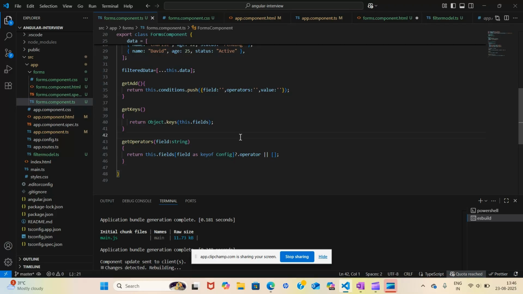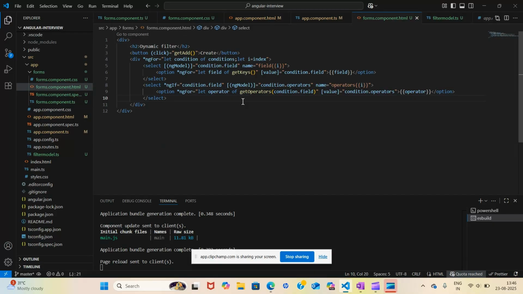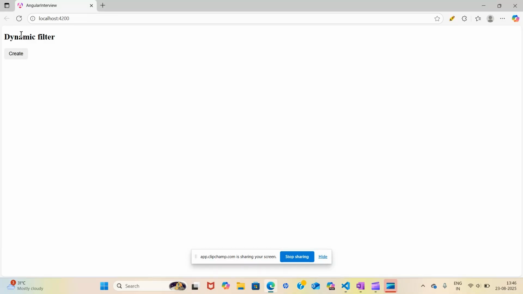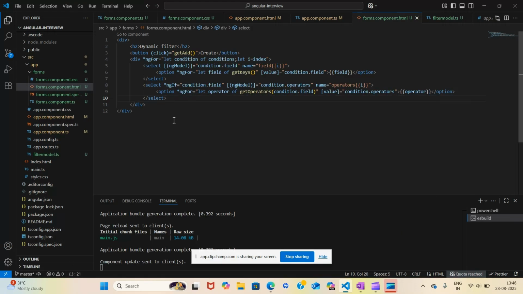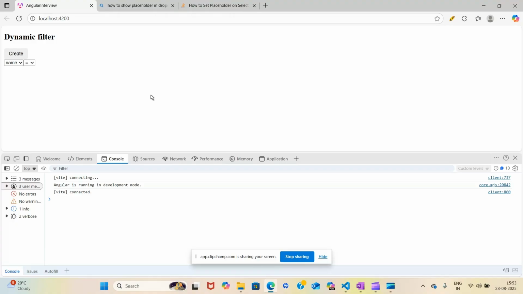Okay, so now let's see whether this part is also created or not. So if I click on create, I have selected name, age, status. Okay, so multiple are coming, but why is it not rendering conditionally? Whatever. Okay, I think we haven't saved this HTML file. So let's see what the error is. Right now, if I just save it, then we can see that it will malfunction.